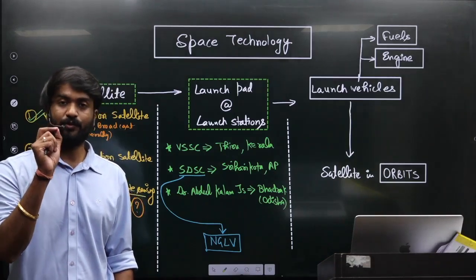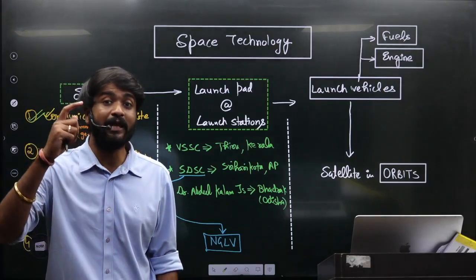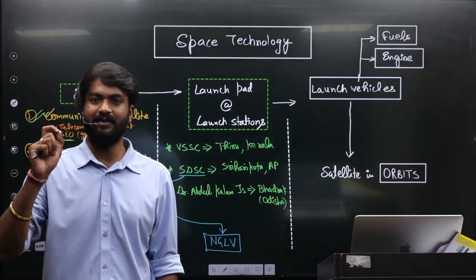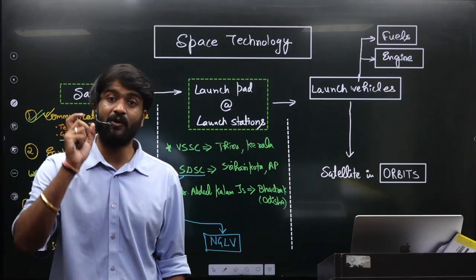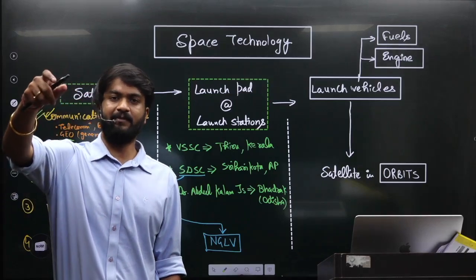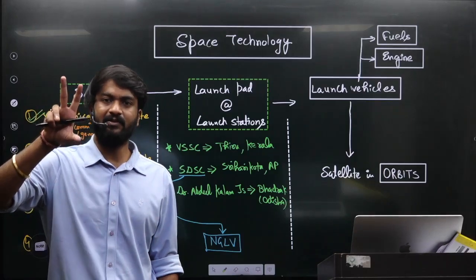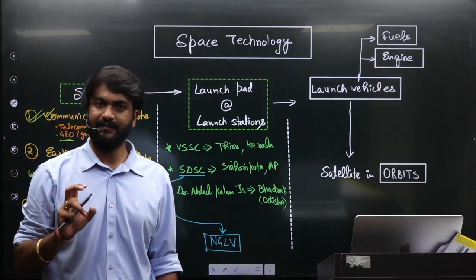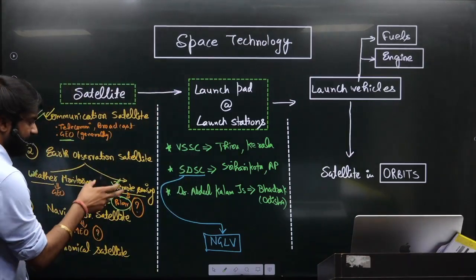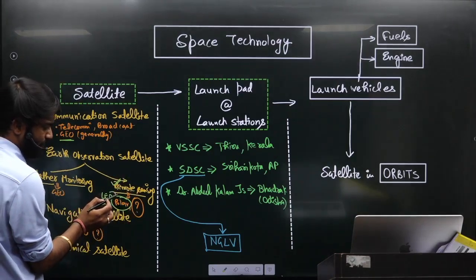Now the question should be there in your head: sir, why only in lower Earth orbit? I'm saying this is not only in lower Earth orbit, but majorly in lower Earth orbit. So if the question comes in the examination that only in lower Earth orbit, that is wrong. Remote sensing satellites can be placed in medium Earth orbit or maybe in geostationary Earth orbit, but then the accuracy will decrease, visibility will decrease, and the latency will increase. So remote sensing satellites are majorly placed in the lower Earth orbit, of which polar Earth orbit is one of